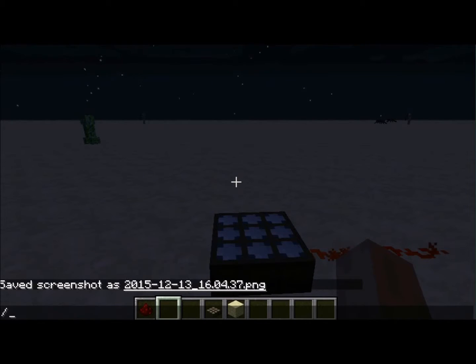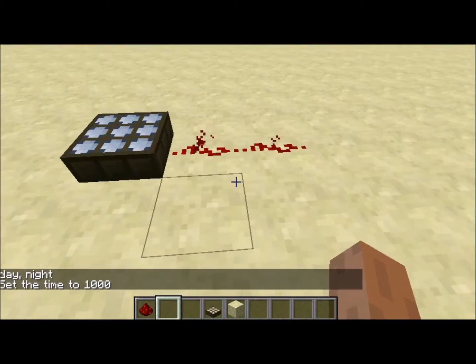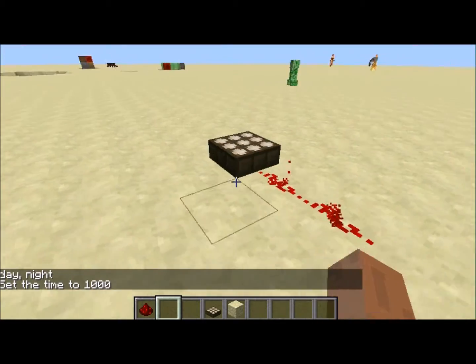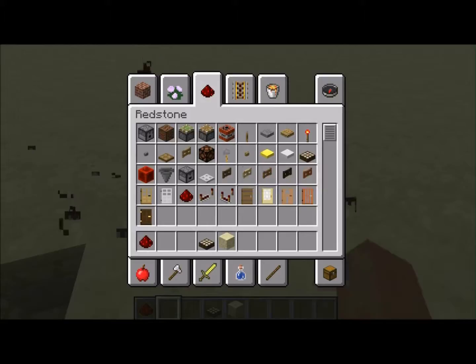But if I set it to day, it will not emit signal. But if I right click it again, it will emit a lot of signal. This is a normal daylight sensor again. And the last